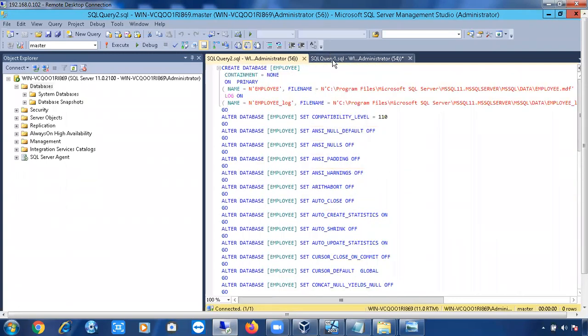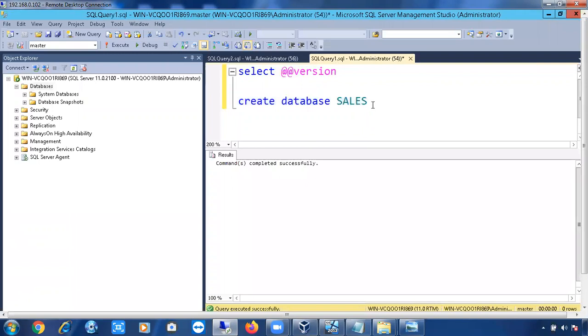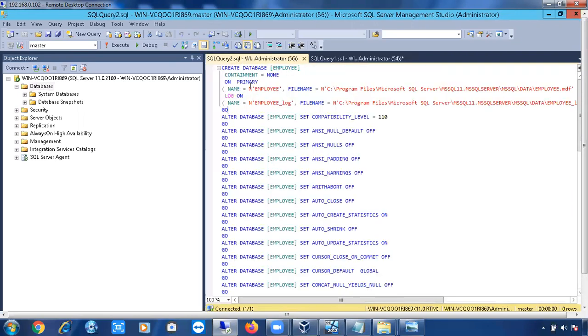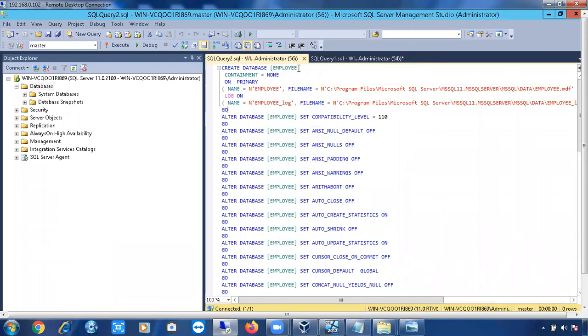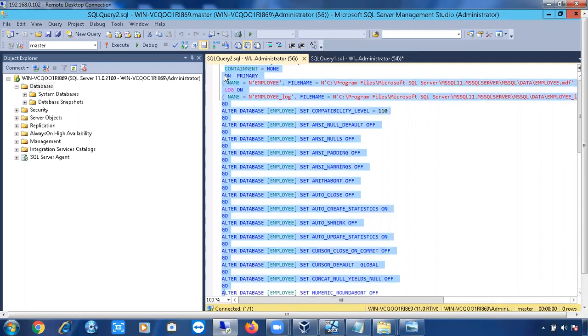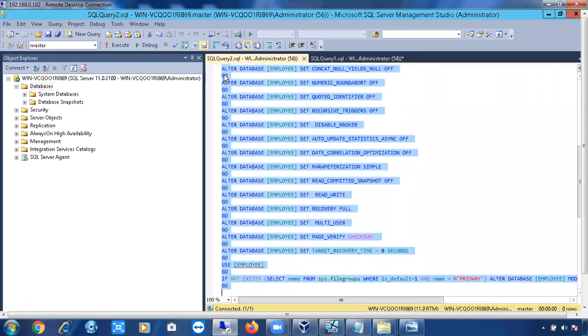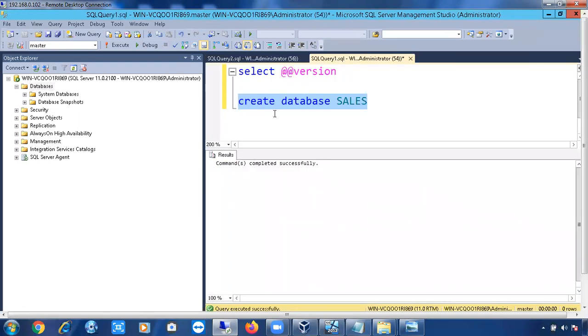But here we didn't give any option. We just simply type this query: create database name, that's it. So in this way also it will create the database. The whole script for creating the database is this, but I am not giving anything. I am simply giving this first line. What about the other lines, the remaining lines? Who will give them? You have to compulsorily give all these values to create the database, but I am not giving any values. I am simply typing create database name.